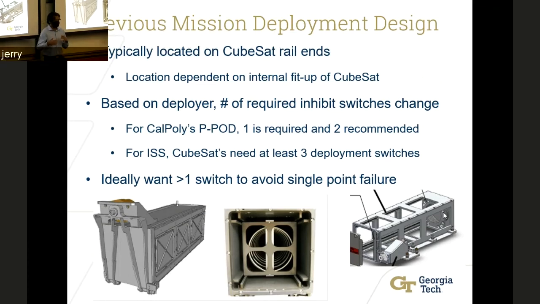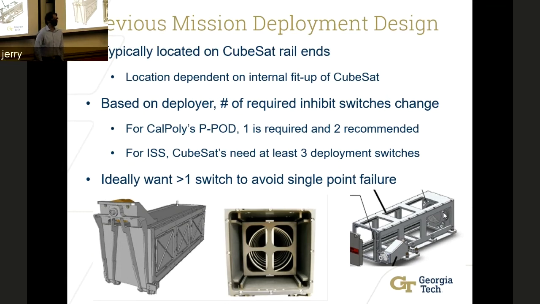So having multiple switches could mean that when you have, let's say, 2 switches in your circuit, if one of them is not depressed but the other one is, then your circuit still won't be able to activate. So it provides protection against one of your switches not functioning as intended. However, the flip side to that is if you launch your CubeSat and one of your switches stays depressed, then your CubeSat just won't work, and it's just a box sitting out there.